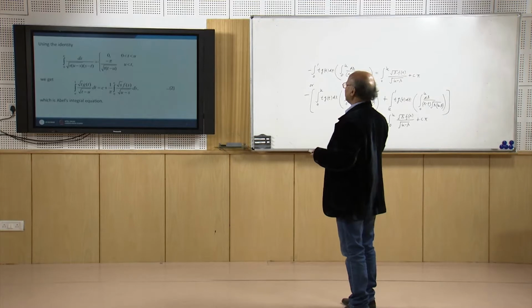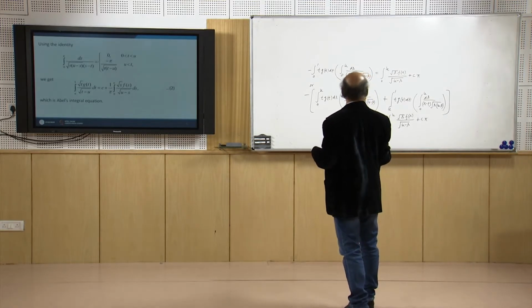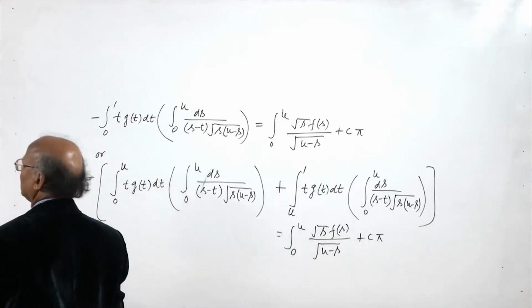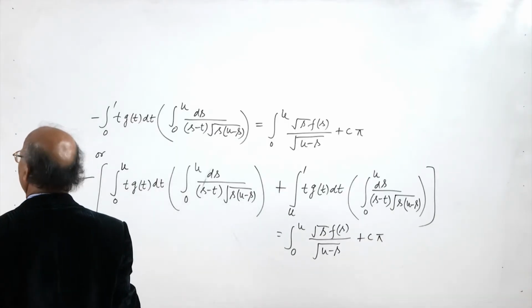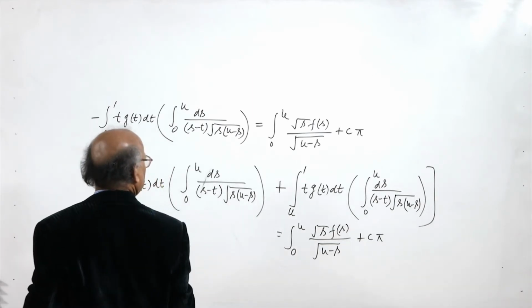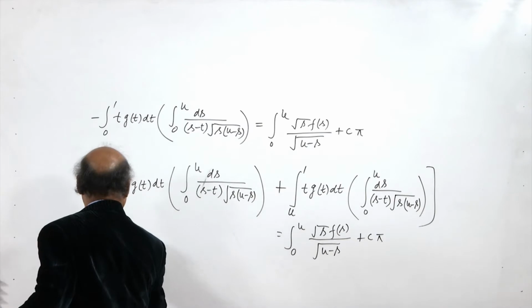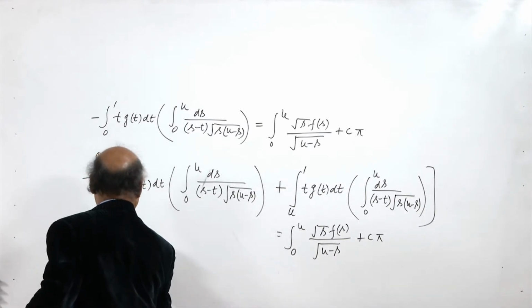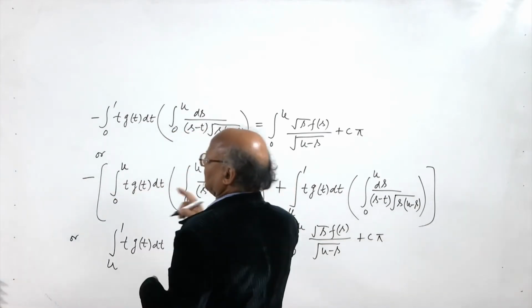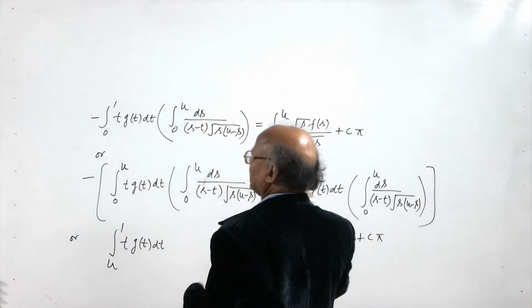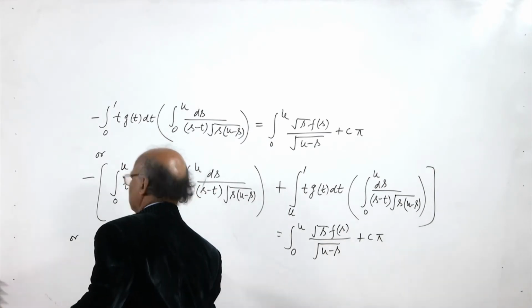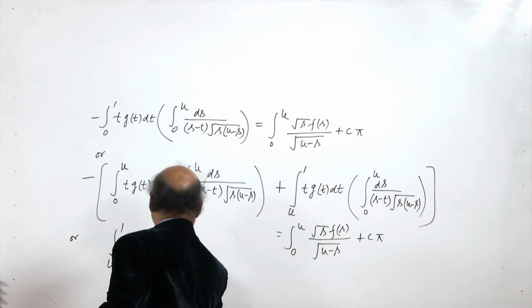So this will be reduced to, when you put the value, minus integral u to 1 t gt dt times pi upon root t into t minus u